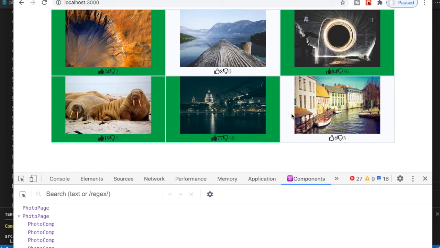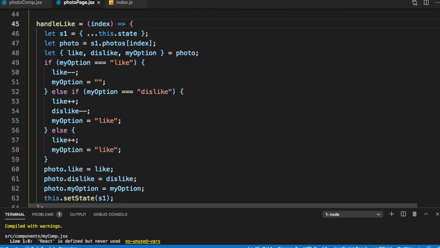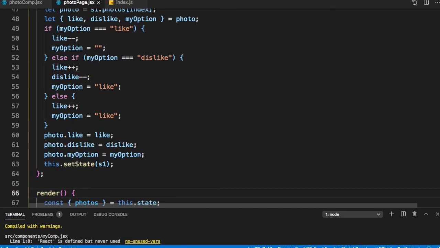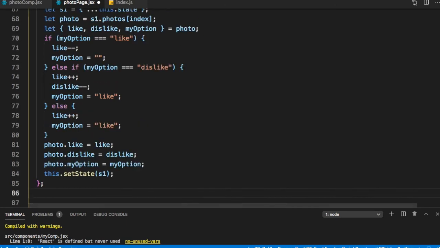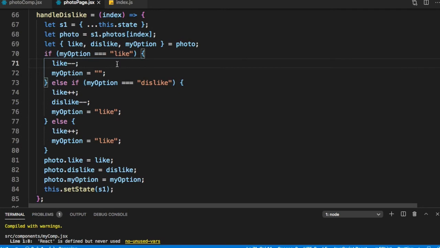Let's now implement the second part, which is handle dislike. So handle dislike is very similar. So let me just make a copy. So this is handle dislike. Now in handle dislike, if my option was dislike, then my dislikes would become minus minus.